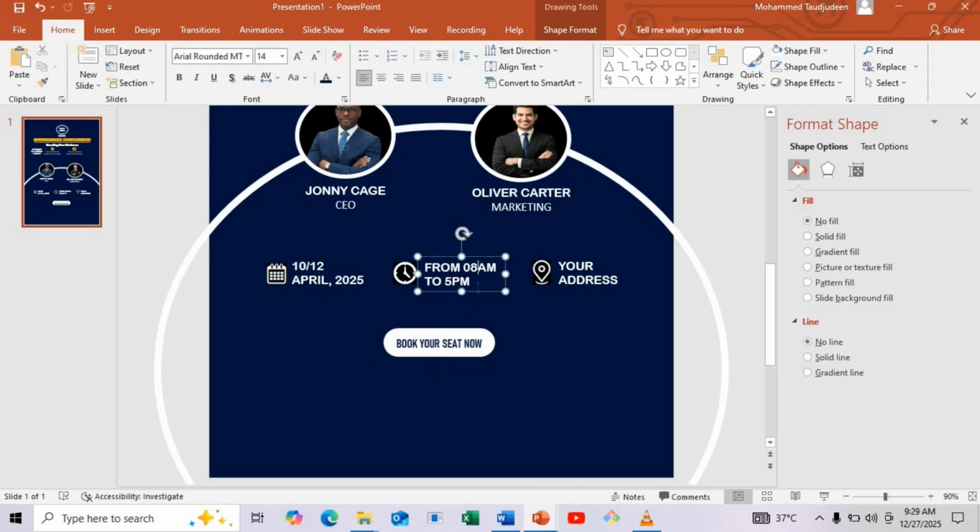Alright, so I'll take this one, make a copy here. So this text will be visit us. So I'll align it to the center. So I'll gently bring it here and I'll make a copy here. So here it can be a website. So I'm just going to use something like